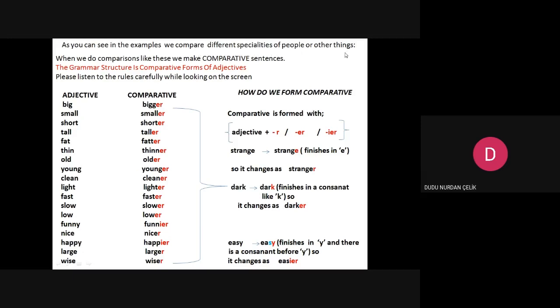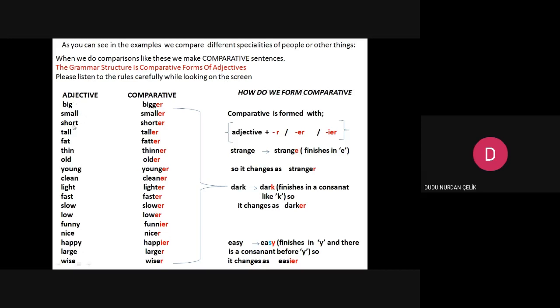We describe them. When we do comparisons like these, we make comparative sentences. The grammar structure is comparative forms of adjectives. Now, I want you to listen more carefully and be more careful, please.